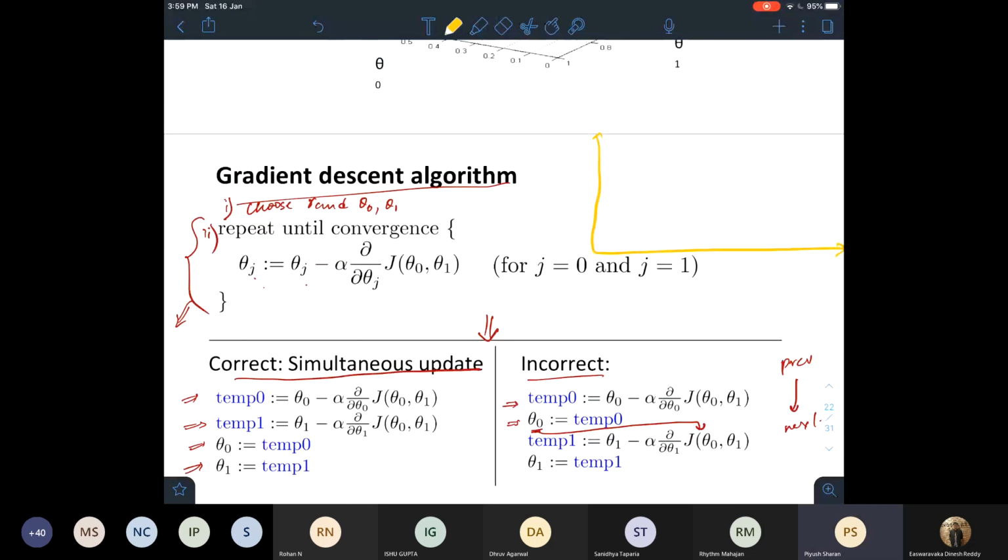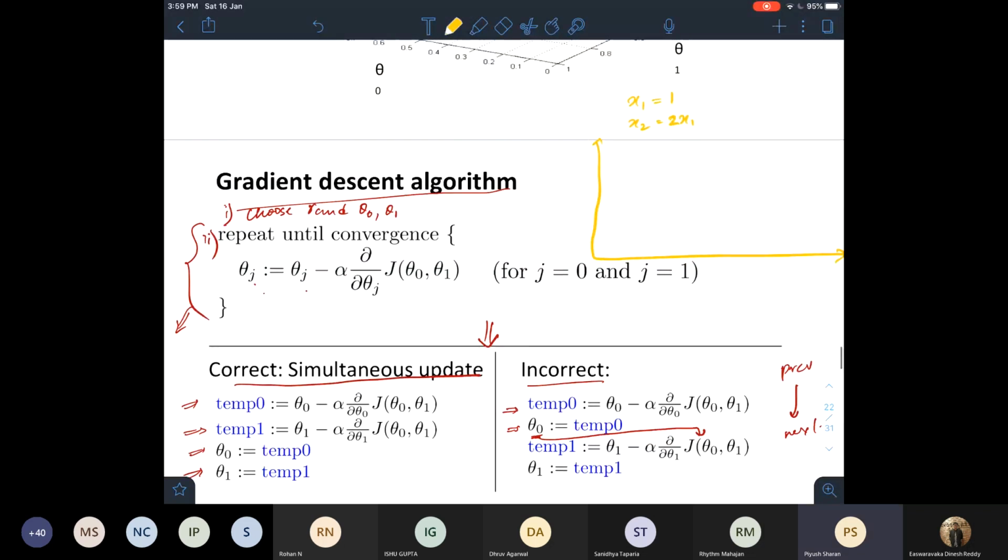Okay, say that I have two values, x1 equal to 1, x2 equal to 2x1. All right, this is my value. I have a function something like this, and I'm saying that I move from this state to the other state and square both these numbers. This is state 1. For this state, the value of x1 is 1 and the value of x2 is twice of x1, which is 2.